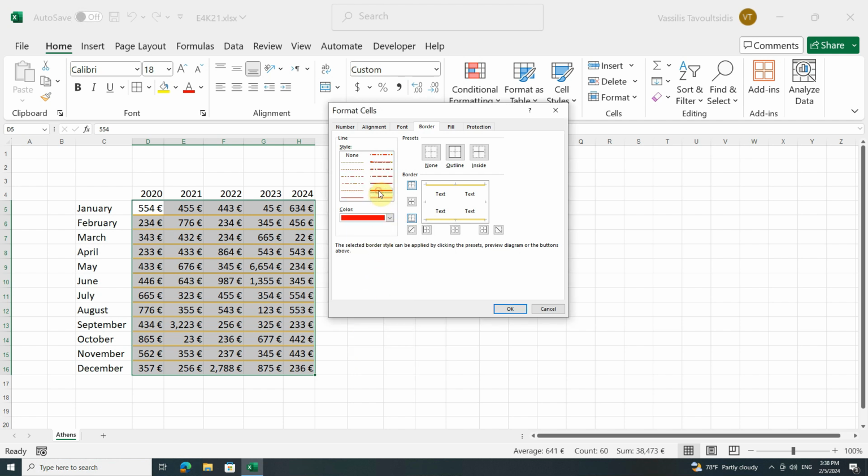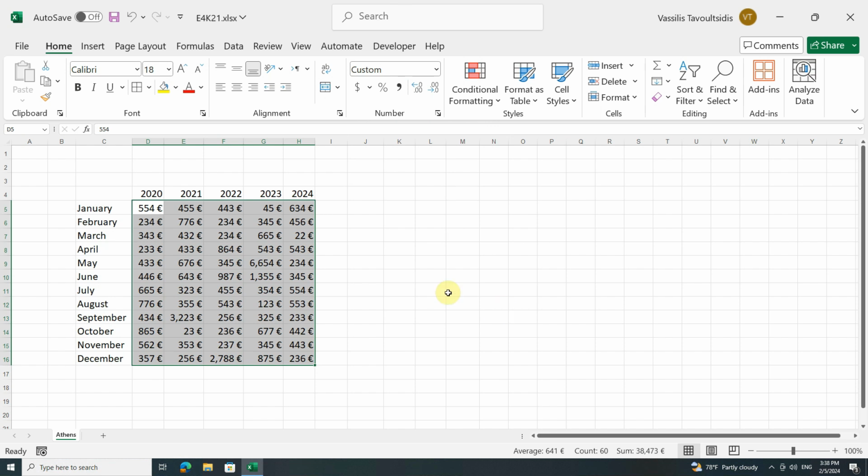I will select a different line style, and now I will apply this border on the left and the right side of the selected range. Generally, in this way I can apply whatever borders I want wherever I want them. I will click on OK to apply these changes, and I will click outside the range to show you